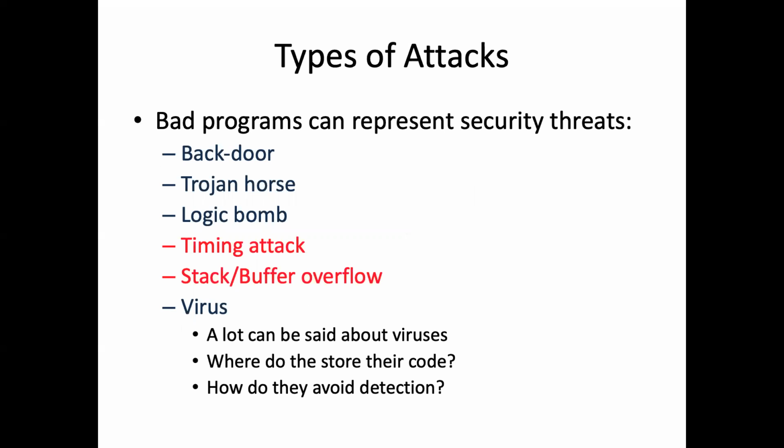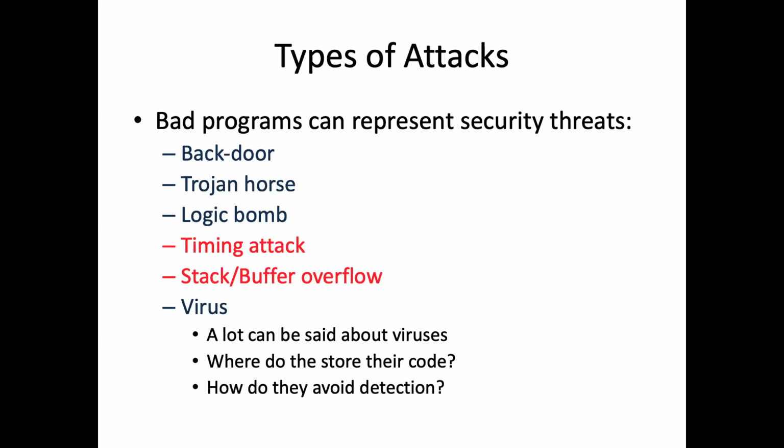And I've listed some typical attacks that might be hidden inside a program, and I color-coded them based on what I just said. So the first three I colored in blue. Those are attacks that are typically there on purpose. They're hidden inside a program, and they're made to introduce an exploit into a system. And then the next two I colored in red. Those are kind of the result of accidentally bad programs.